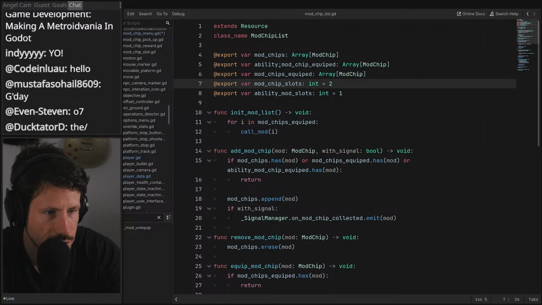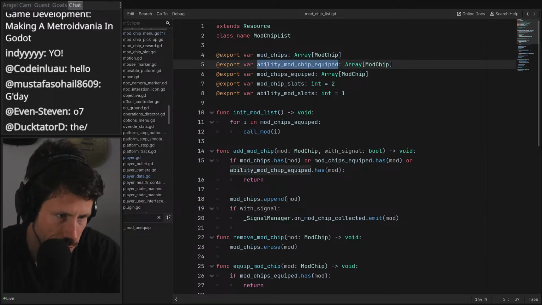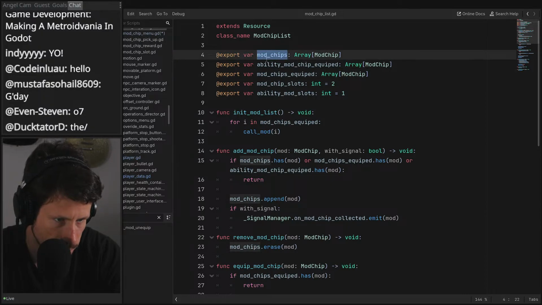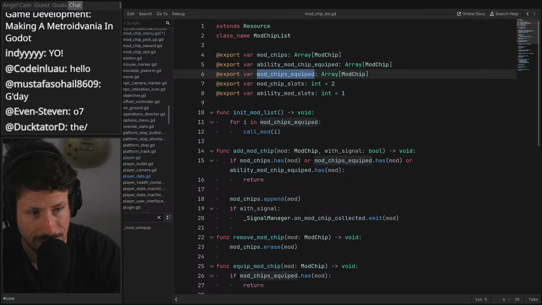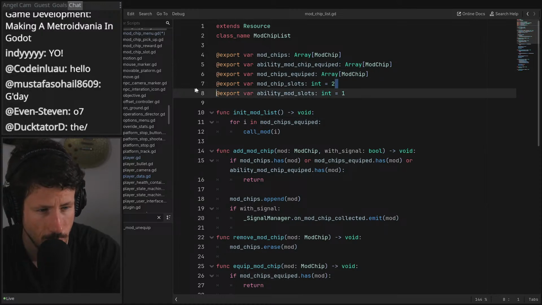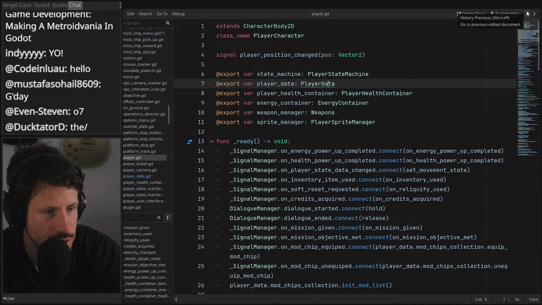And within this, we have two arrays. We have the mod chips and the ability mod chips. So everything is a mod chip, and then you've got two arrays for mod chip abilities and mod chip equipped, and they both have their individual limits, which is fine. So we just need to, when we pass in that list, we probably just need to,